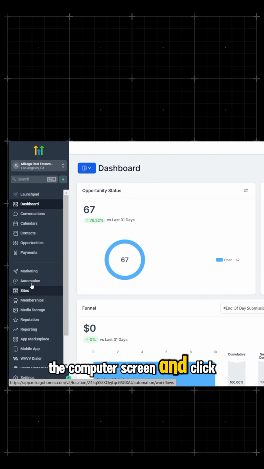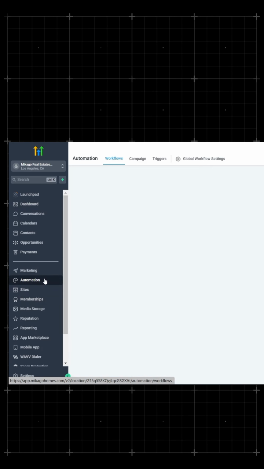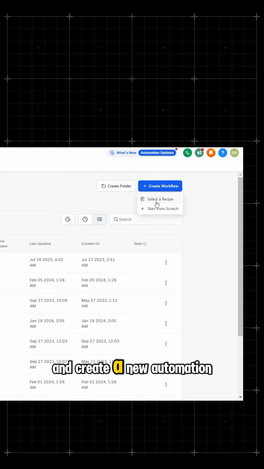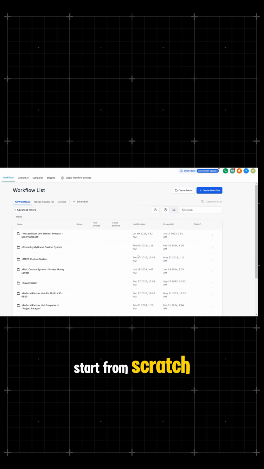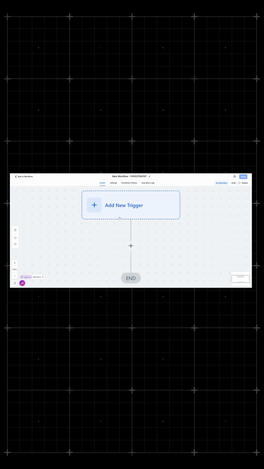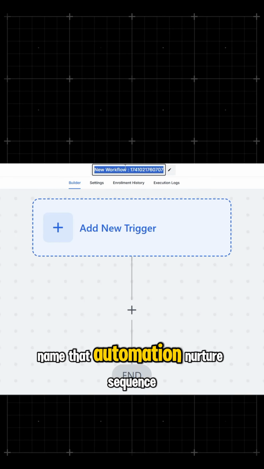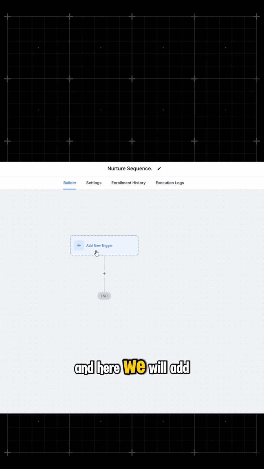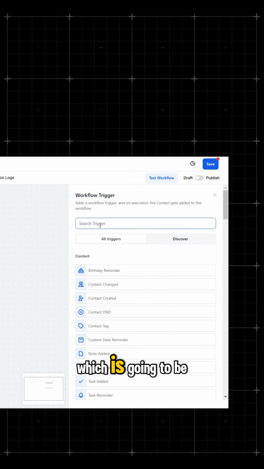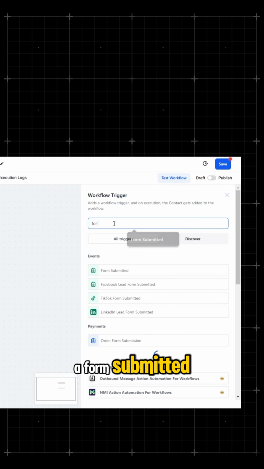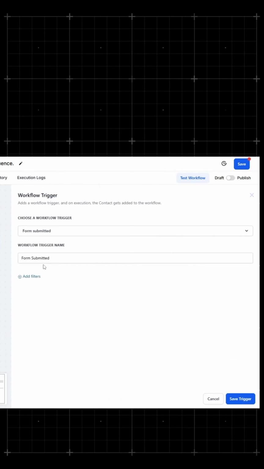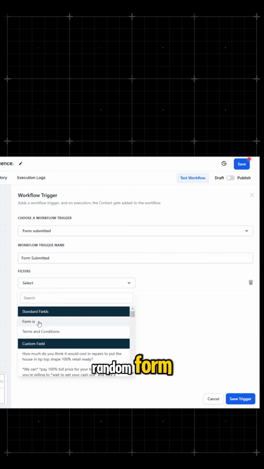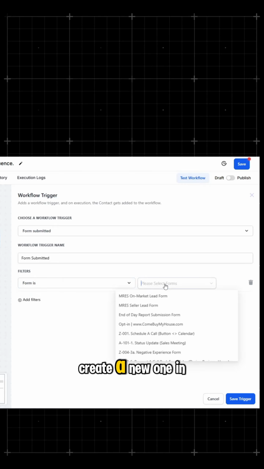Now let's dive into the computer screen and click on Automations and create a new automation. Start from scratch. Name that automation Nurture Sequence, and here we will add a trigger, which is going to be a form submitted. We can just select any random form, or you can create a new one in GoHighLevel, and hit the